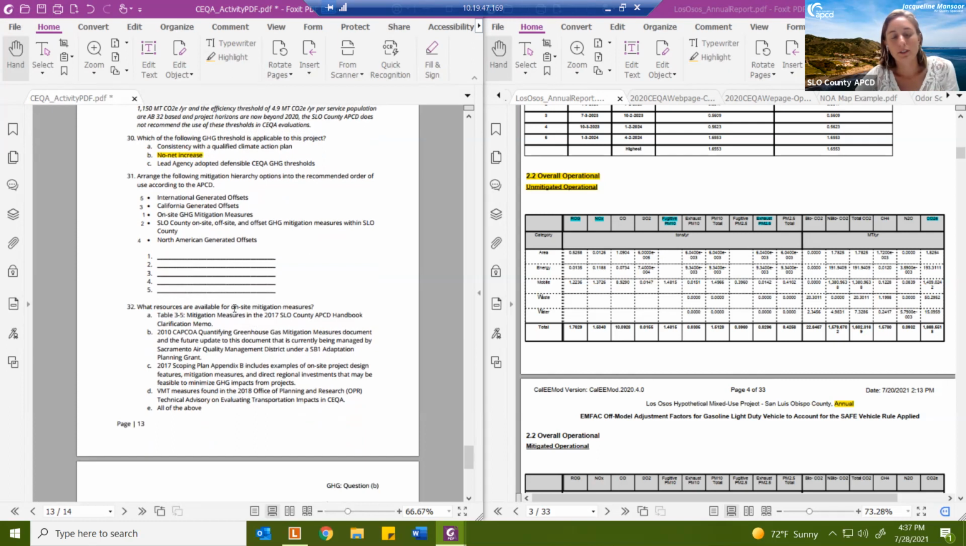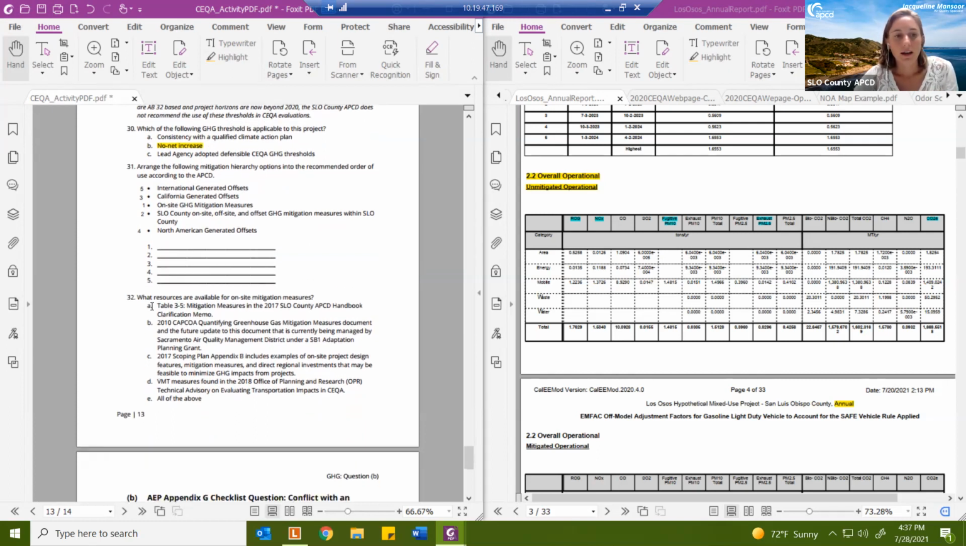And then question 32, what resources are available for you for on-site mitigation measures. The interim greenhouse gas guidance document talks about our Table 3-5, which we've had forever, and it still has some great mitigation measures in there. A good option again is the 2010 CAPCOA Quantifying Greenhouse Gas Mitigation Measures document. This 2010 document is actually currently being updated by the SAC Metro Air Quality District under an SB 1 adaptation planning grant. So you will very soon see a very new document which has a lot of mitigation measures